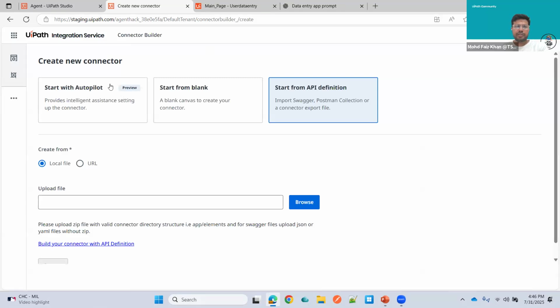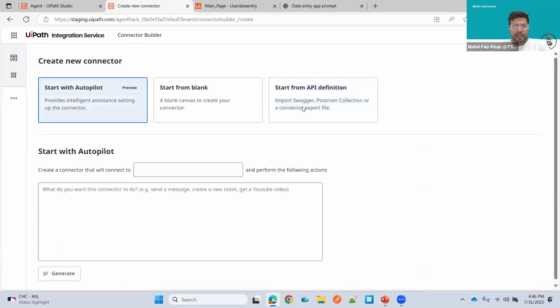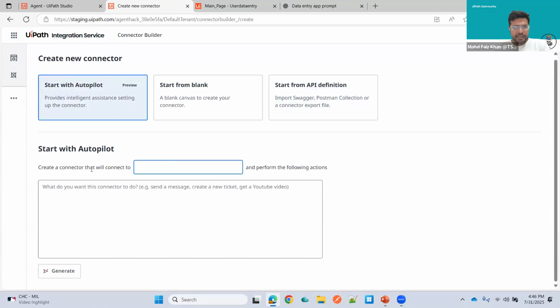I'm not sure if this option is available in your community edition, but I'm using the staging environment, so that is accessible to me. But once it is released for general availability, then you also can get access. It is in preview. So once I hit this start Autopilot, you can provide your prompt: create a connector that will connect to WhatsApp. Maybe I can provide some detail and, with the help of ChatGPT or the Autopilot for everyone, describe the requirement of this connector. But just for this demo, I'm just adding the WhatsApp integration